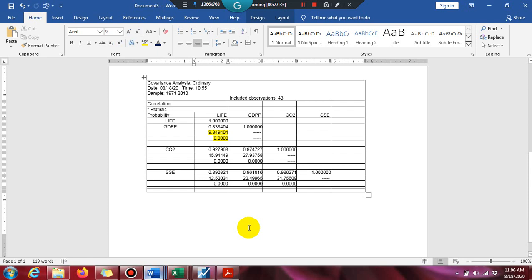I told you that one of the main uses of the correlation matrix is to find multicollinearity.